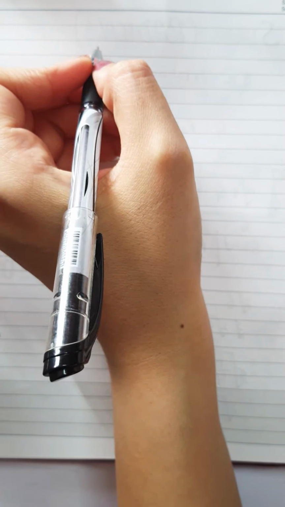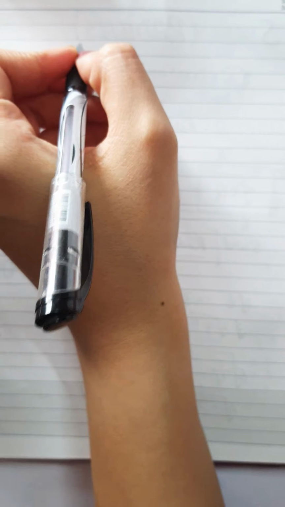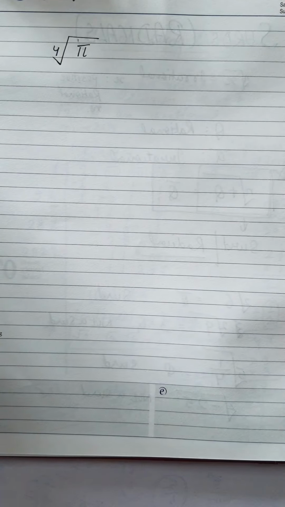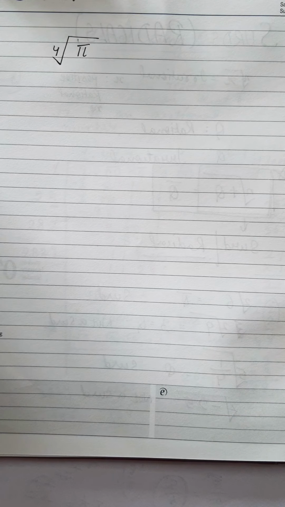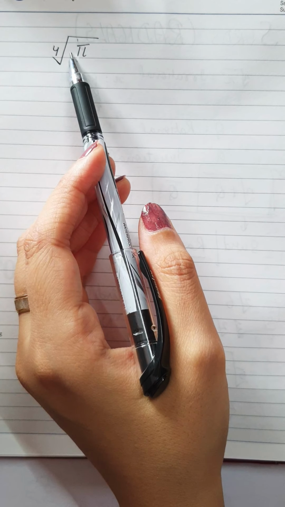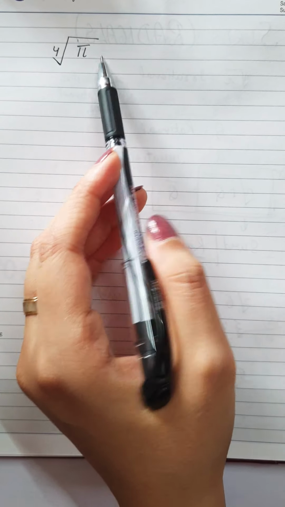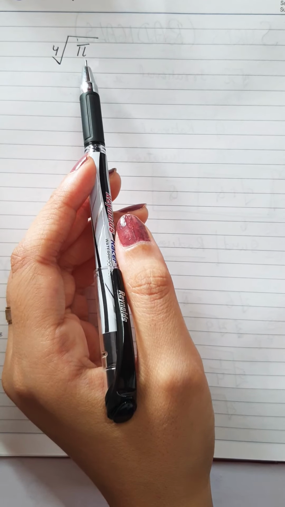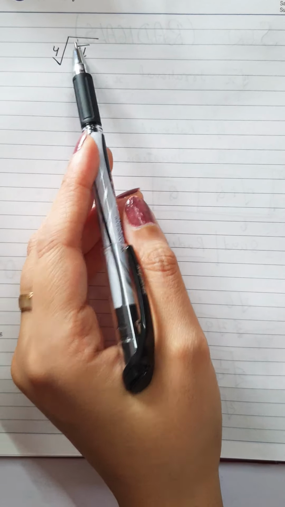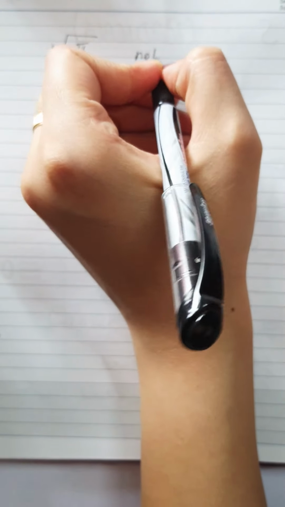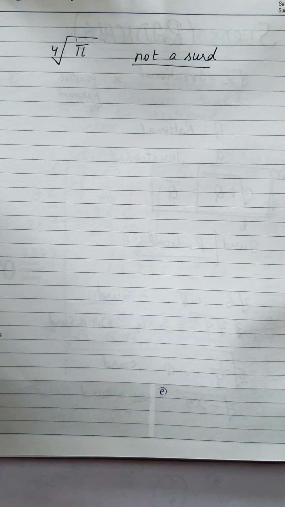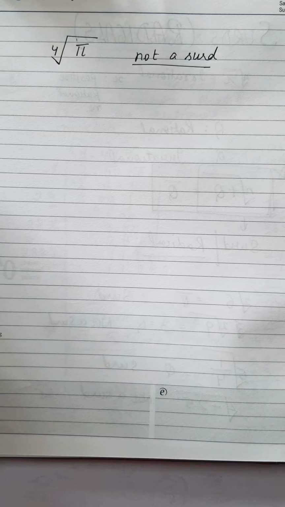Understand? Then next example, let us say fourth root of pi. Now it is a positive number, but pi itself is irrational. So inside the root the condition fails here. So this is an irrational number, and naturally it is not a surd. Now I hope surds and radicals are clear to you.